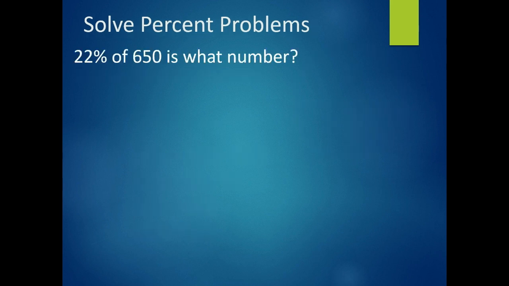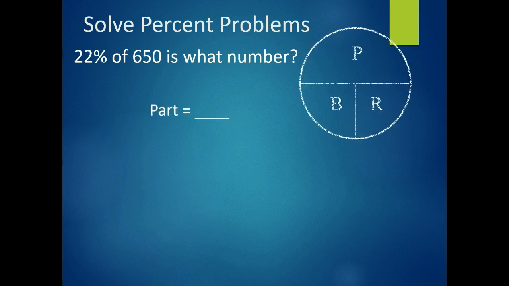In this last example, 22% of 650 is what number? We have our rate with the percentage. The number following the word of is the base, and the remaining number or quantity missing is the part. To solve for part and covering it up in the percent circle formula leaves us with B next to R, in other words base times rate,